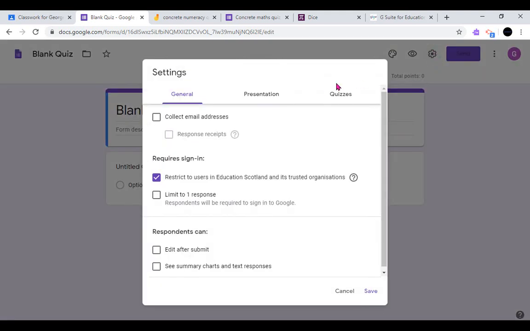button at the top, you've got some other options in here, so I can limit it to 1 response per person, so they can't go in and submit 2 or 3. I can allow them, it's automatically turned off, they can't go back and edit it once they've submitted it if they've spoken to their pal and realised they've got a couple of questions wrong, so I'm going to leave that